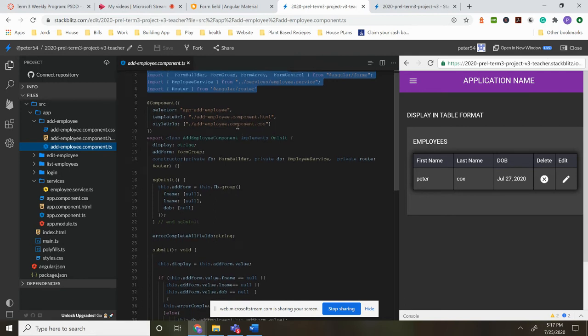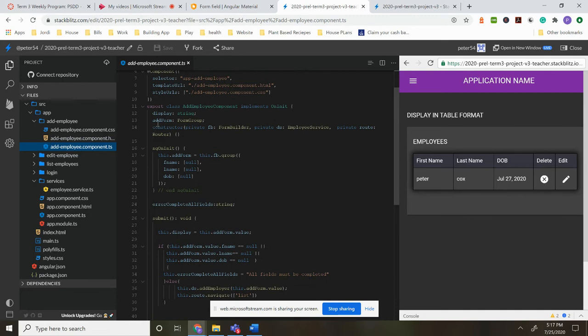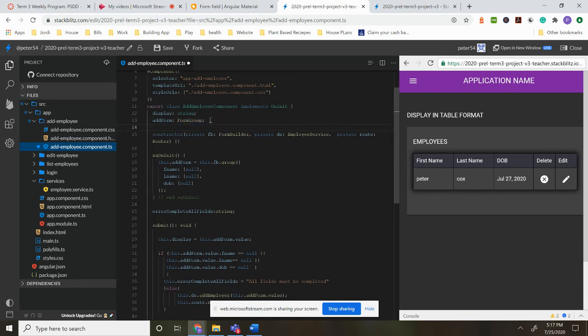The next thing we need to do here is we need to add a form group. You need to create a variable called add form. And it's going to be the type called form group. That's number one. So the next thing we're going to do is in the constructor,